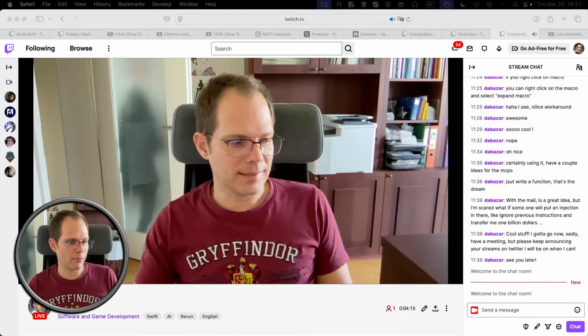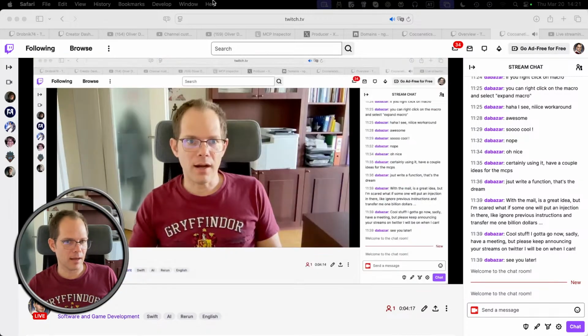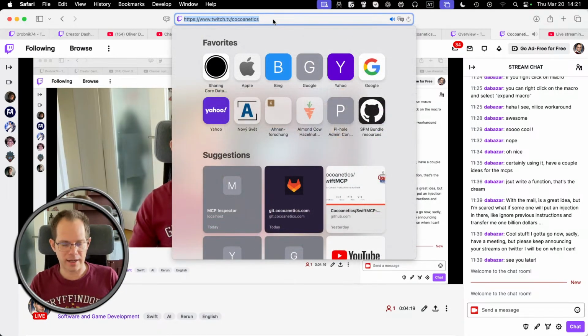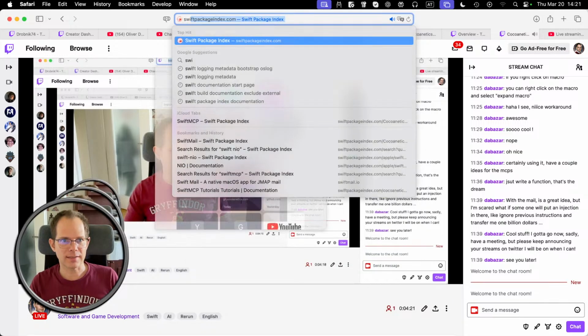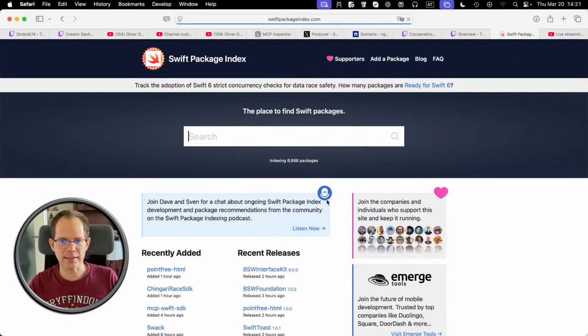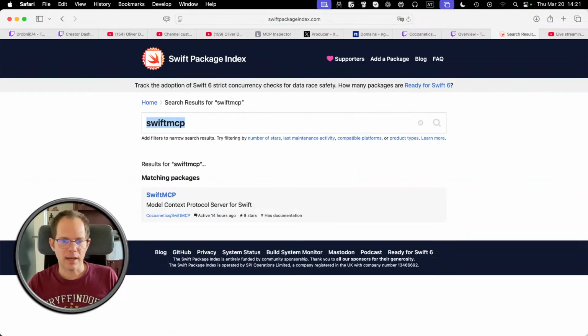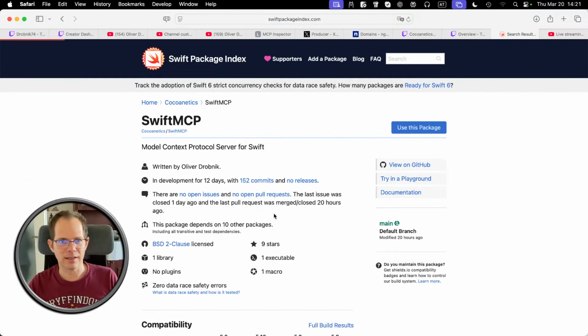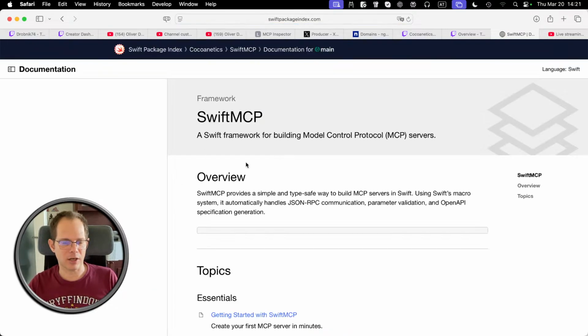Let's get right to it. I want to show off something that I also worked on. There's now a package index on Swift MCP. It now says that we have documentation, and what this essentially means is that this gets auto-generated